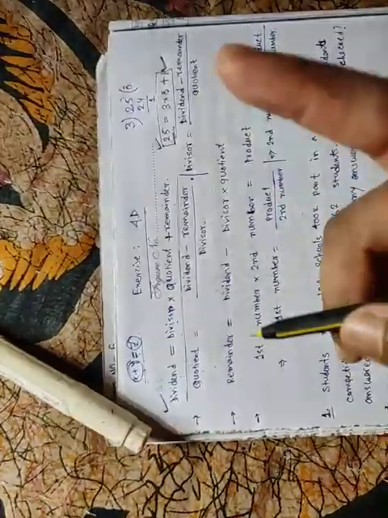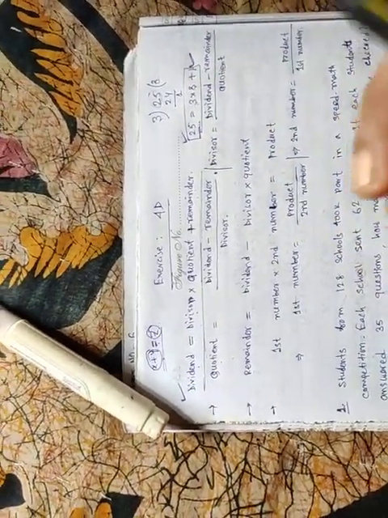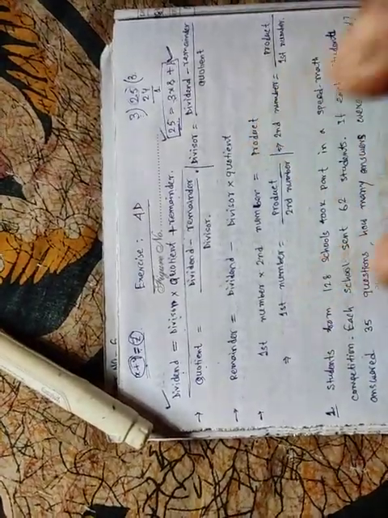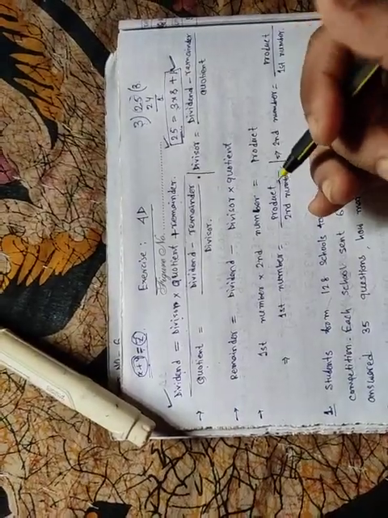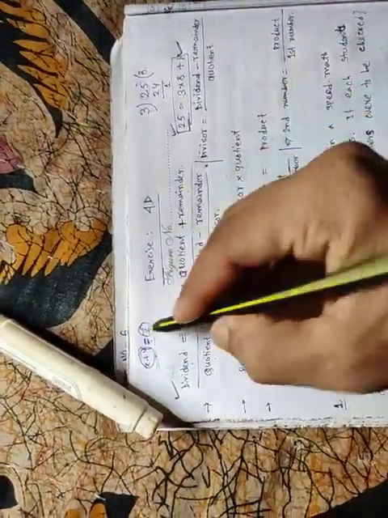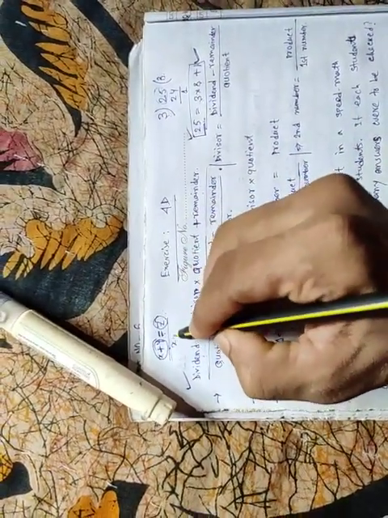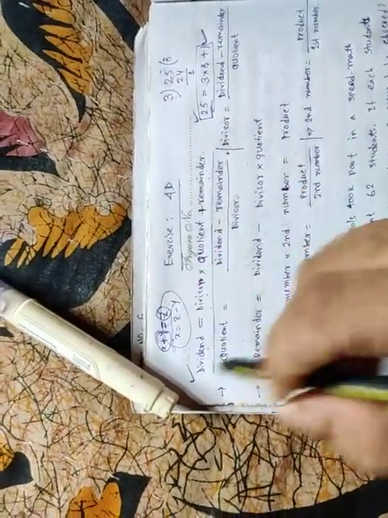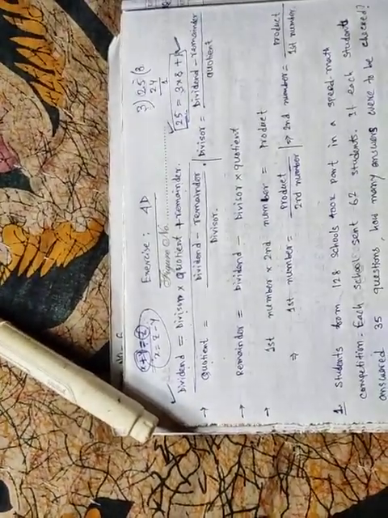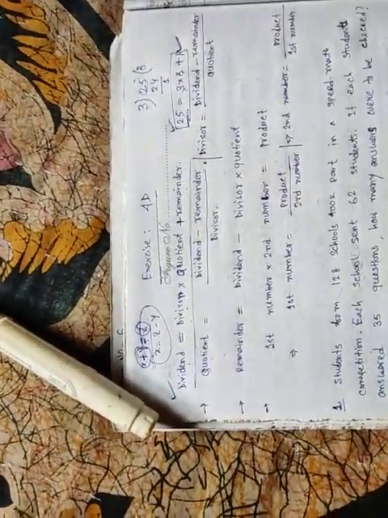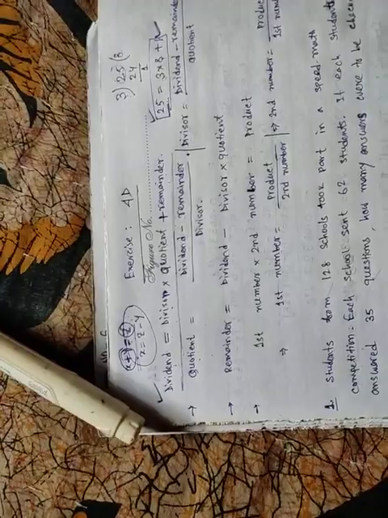One thing you remember, for an equation, when we change the position of any number, then the sign or the function will change. Suppose y is positive on this side, so when it comes to the right side, then it will be negative. That means x is equal to z minus y. When a number changes from right side to left side or left side to right side, not only the sign, the function will be changed. If there is positive, then it will be negative. If there is negative, then it will be positive.